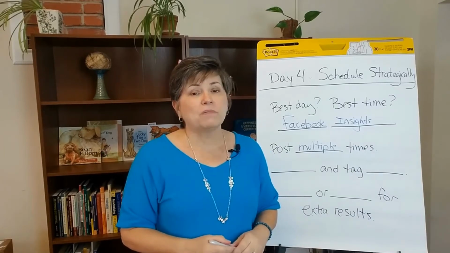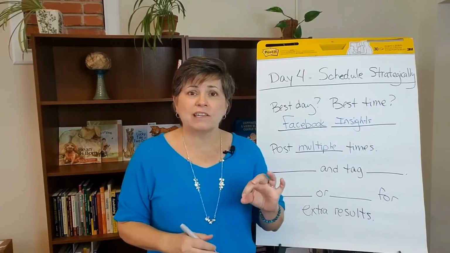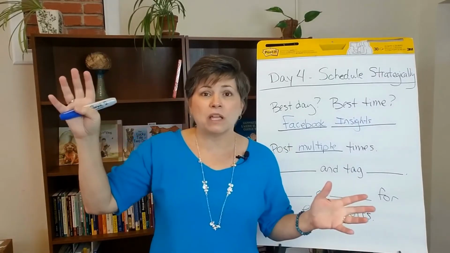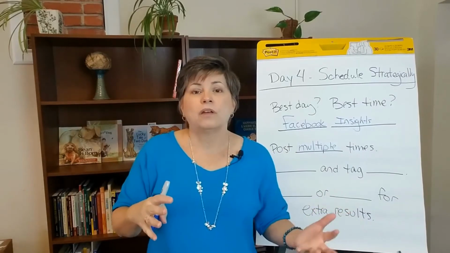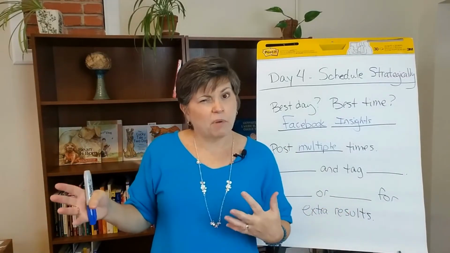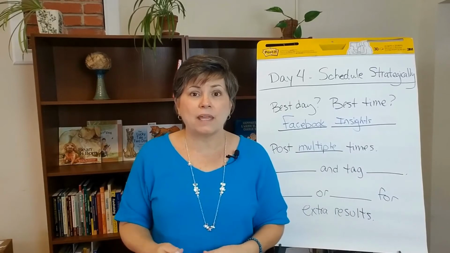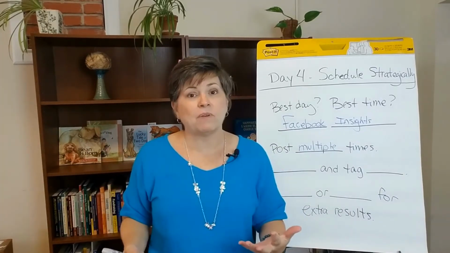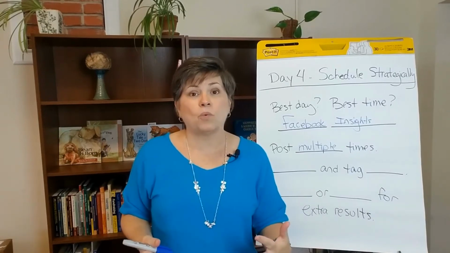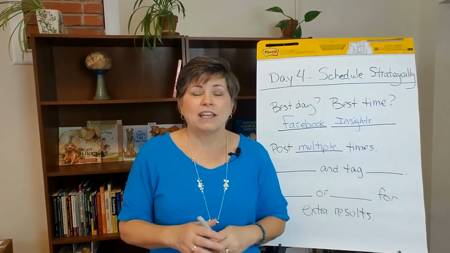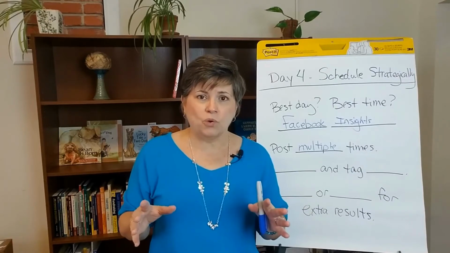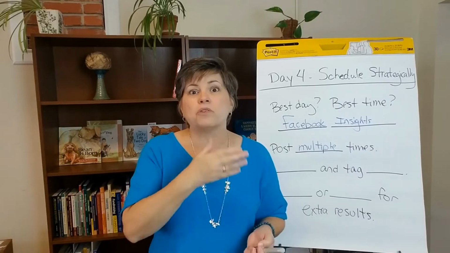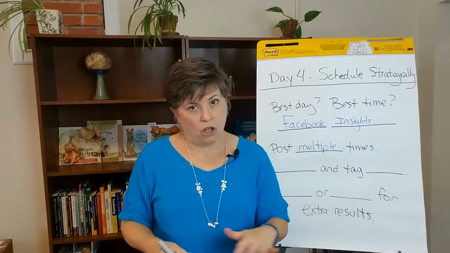So, post multiple times. Start with your insights. If your insights say that online engagement goes up about noon, then start at noon. Post again late afternoon, like about 4 o'clock. Post again about 7 or 8 p.m. And the nice thing is, in those additional posts, you can use largely the same information. You could change the images if you want to, and give an update. Now, if you're using the Facebook Donate tool, there's going to be a bar across the bottom of your fundraiser anyway that's going to show the progress toward the goal, which is awesome.